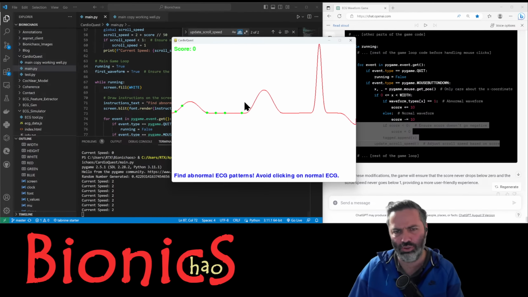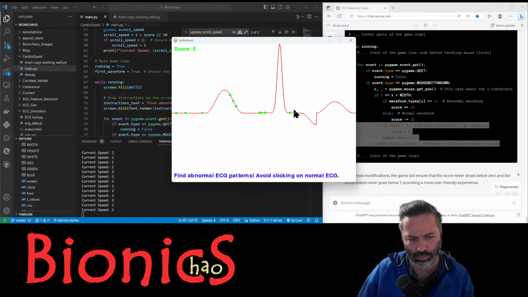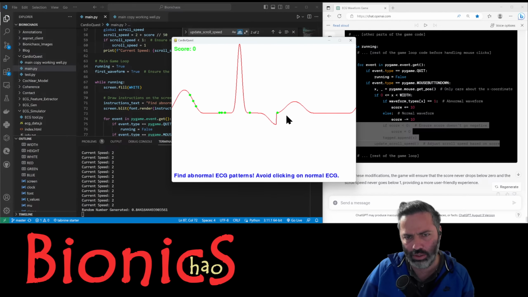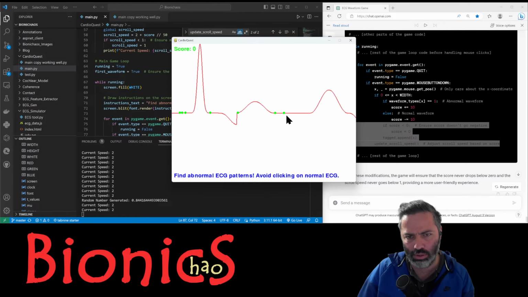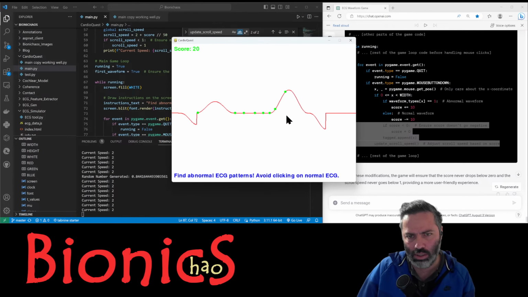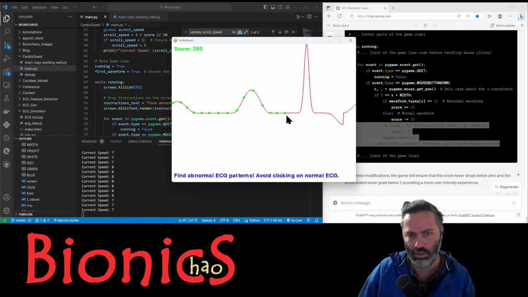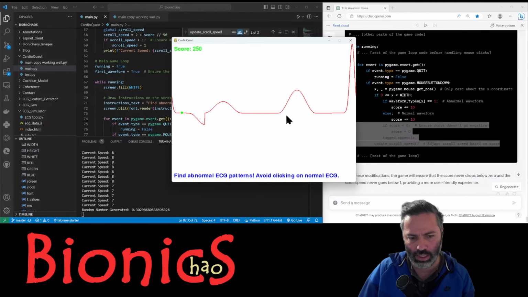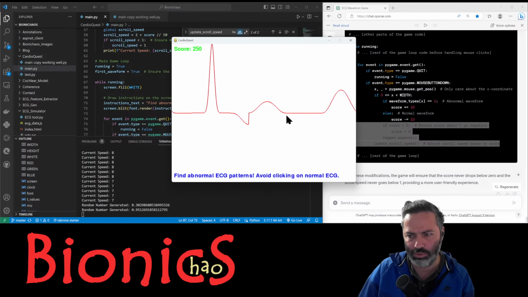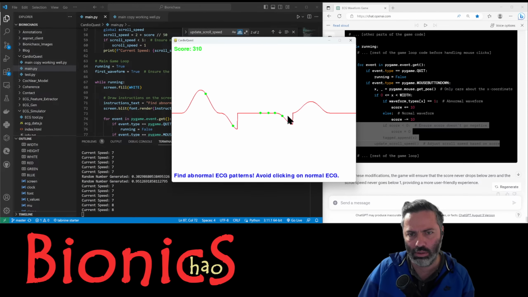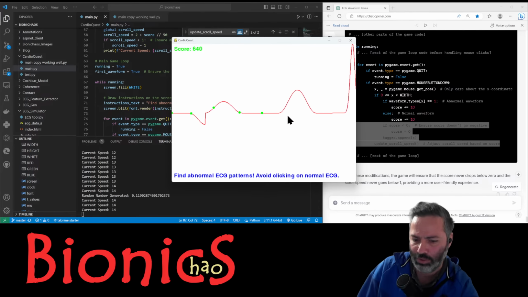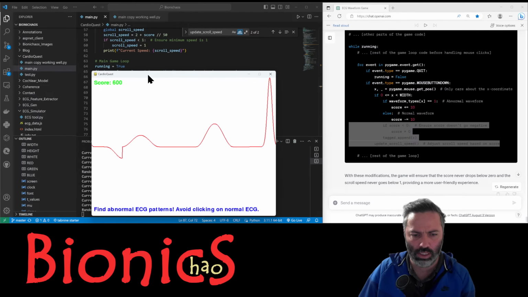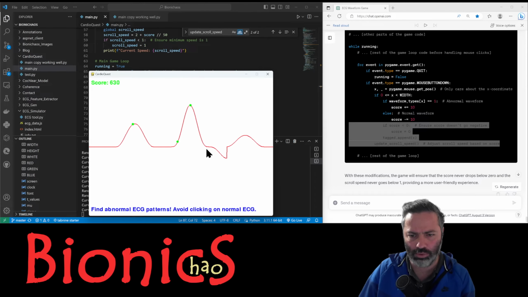Right, so speed is at 2. This is a good normal ECG, so I'm not getting any score. The next one should be abnormal. So if I do, yeah, that's normal again. Next one is normal. One is abnormal. Normal. So I have to not look at that. This normal, abnormal, abnormal,